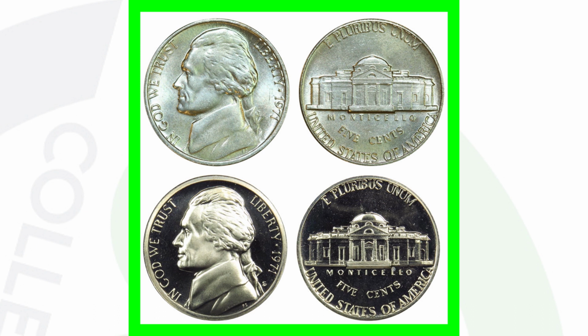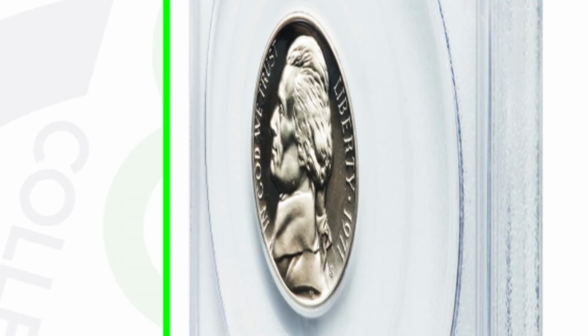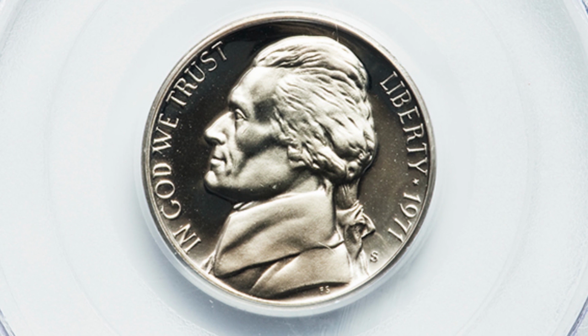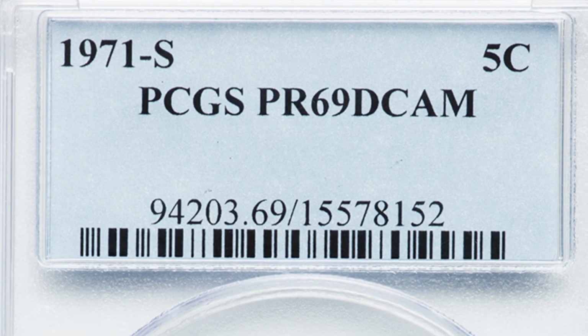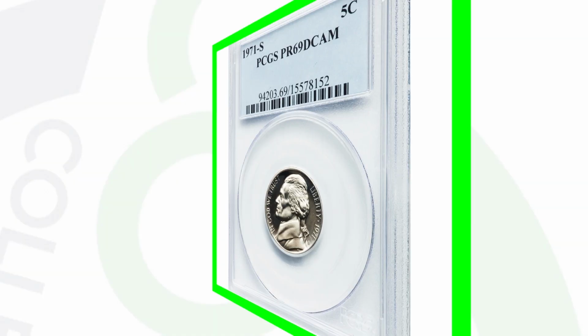The proof coin is going to be much more detailed and have a mirror-like finish, as opposed to the business strike, which is pretty much the coins that you find in your pocket change every day. Typical change. Now here's a 1971S proof nickel that has almost a perfect grade like the other proof nickel, graded at a proof 69, which gives it a lot of value. However, this is not missing the S mint mark. It actually has the S mint mark. And this coin here sold for over